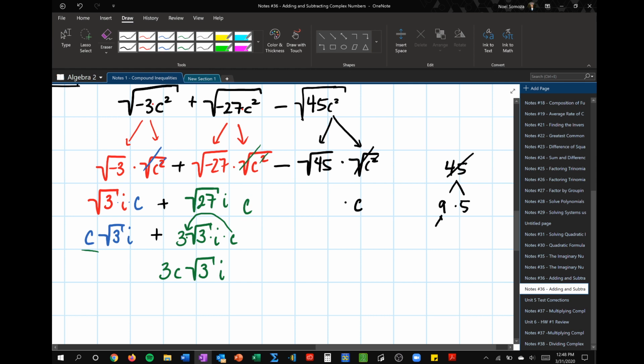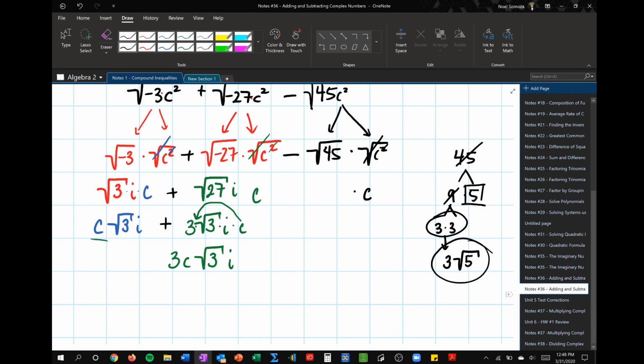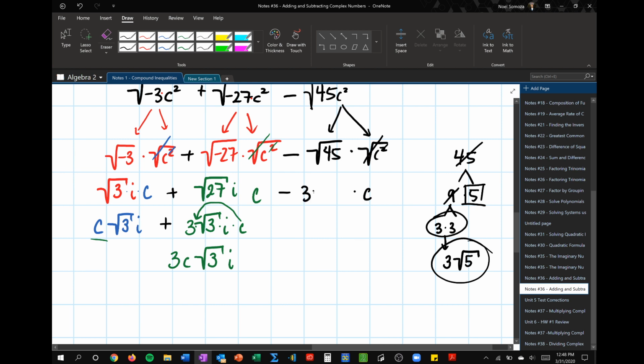Then 9, you can factor that even further. That becomes 3 times 3. So then what do we do with the pair? We circle the pair and then we box the loner. What does that mean? That means that the pair gets to come outside of the square root. So we have a 3, and then the box goes inside the square root. So what we've done now is we've taken square root of 45 and now we can rewrite it as 3 root 5, and that's the simplest form possible. So now minus 3 root 5